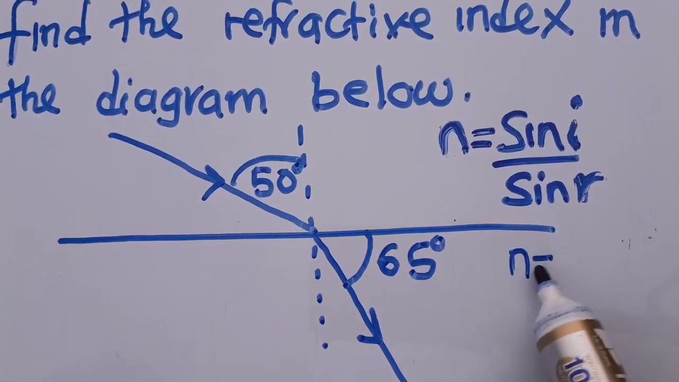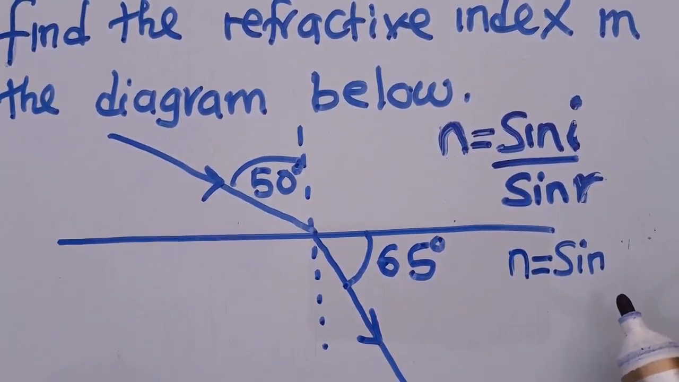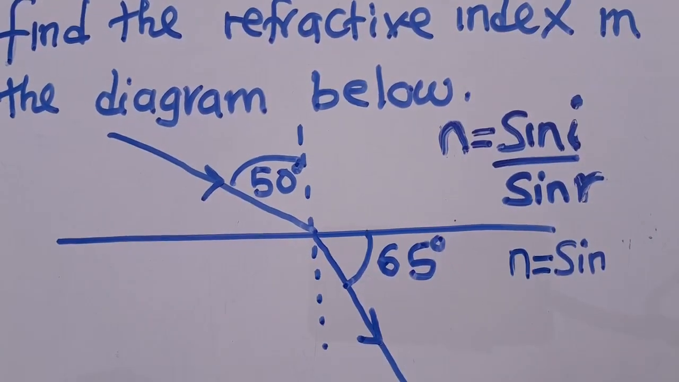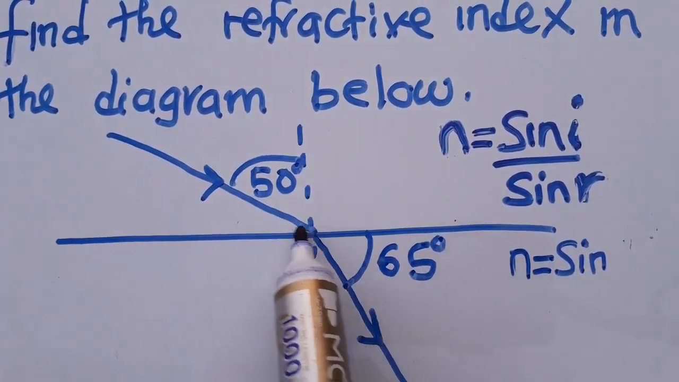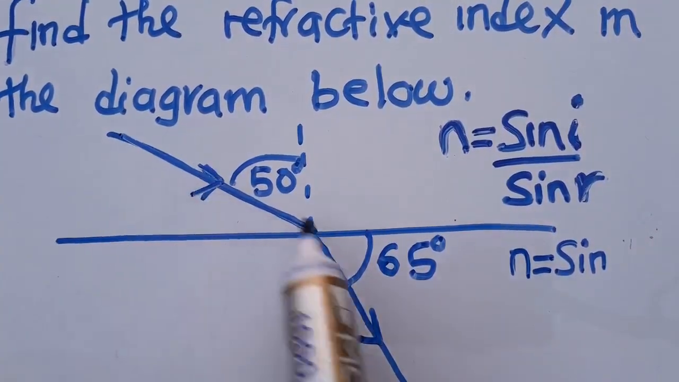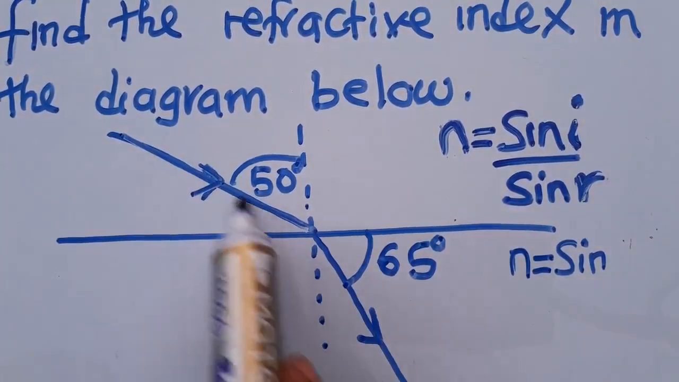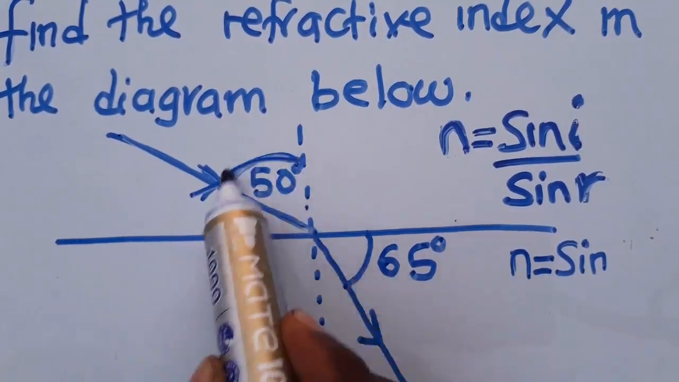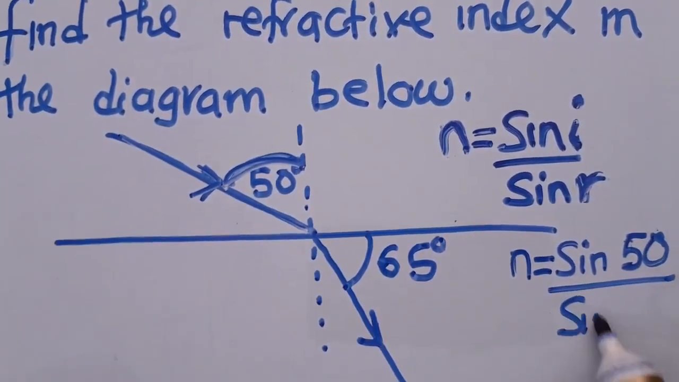So what do we do? N is equal to sine i, where i is the angle of incidence. How do we locate the angle of incidence? The angle of incidence is between the normal ray and the incident ray. This is called the incident ray. This is called the normal ray. So the angle of incidence is here, and what do we have? 50. So we say sine 50 over sine